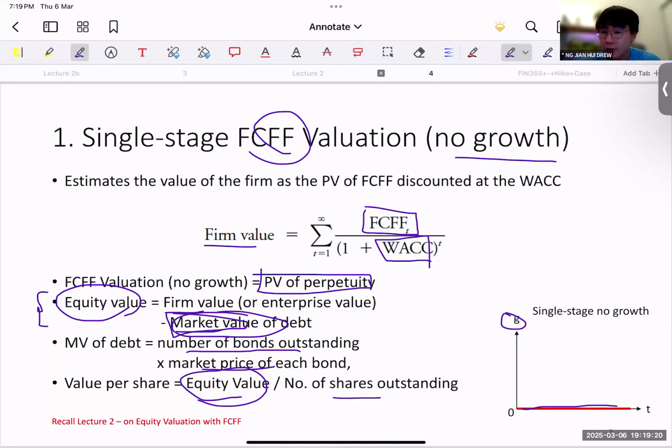Right. Any other questions? Sorry, I just noticed something. Actually, I think when you mentioned enterprise value, are you referring to the firm value? Because